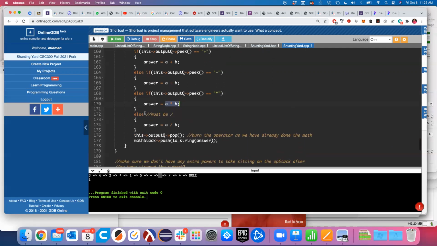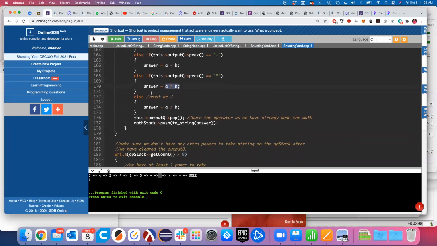Okay, so we get down here. We go ahead and burn past our operator. We don't need to put it anywhere. We've already done the math. So we just had a multiplication sitting there on the output queue. We said, okay, I've done my multiplication, I no longer need you. Pop, I'm not putting you anywhere. You're just gone. All right. And then we have our answer here,